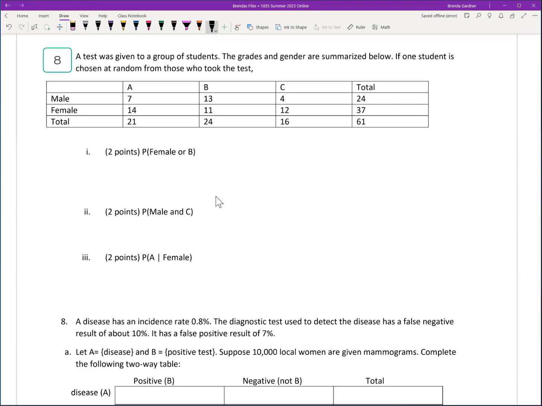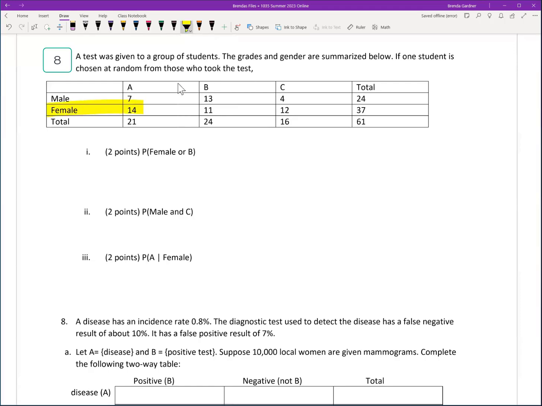Question number 7. A test was given to a group of students. The grades and gender are summarized below. If one student is chosen at random from those who took the test, part 1, find the probability that the student was female or got a B. With an or statement, you want to think about one or the other. So the probability that they're female,